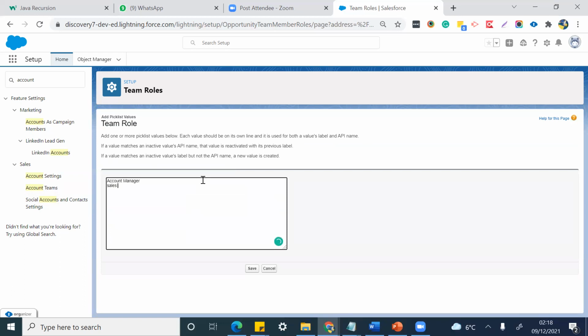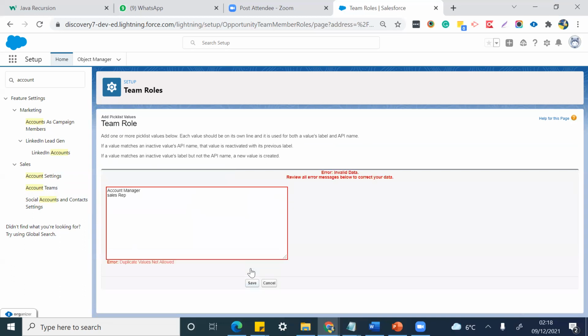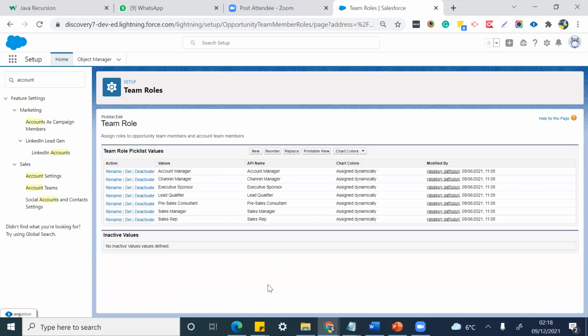Sales. Already those are there, madam. Why do we need to add again? Sorry, sir. Already those values are there, no? Again, why do we need to add the same duplicate values? You can see duplicate values are not allowed. One second. It is not letting me, maybe, sir. That's why, already you have added, so you cannot. And one more thing, I can see everything is on the same date, madam. Last modified by. I think you have not added anything. Maybe you added in a different system actually. Okay, you can go ahead, madam.